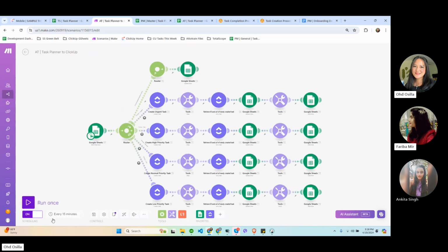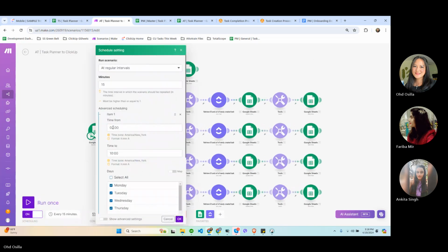Just let me know, Fariba, if you need to adjust it to an earlier or later time, and then I can expand the start and end time of the run. So between these two times, this script runs every 15 minutes. Yes, every 15 minutes. Got it.